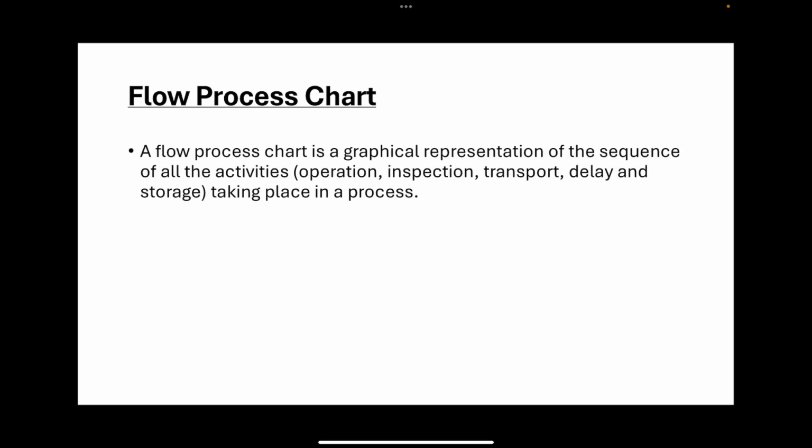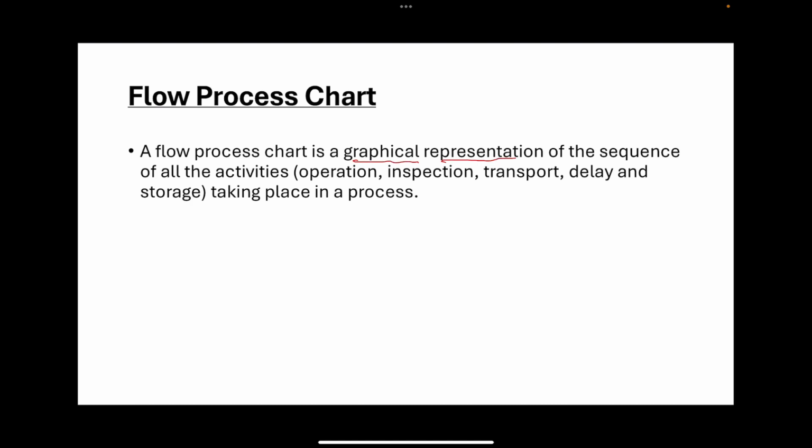In this video, we will discuss the flow process chart. In the last lecture, we have seen what exactly an outline process chart is, which is used to depict the various processes, to get a bird's eye view of the various processes in manufacturing a product. So this flow process chart is a graphical representation just like the outline process chart, but